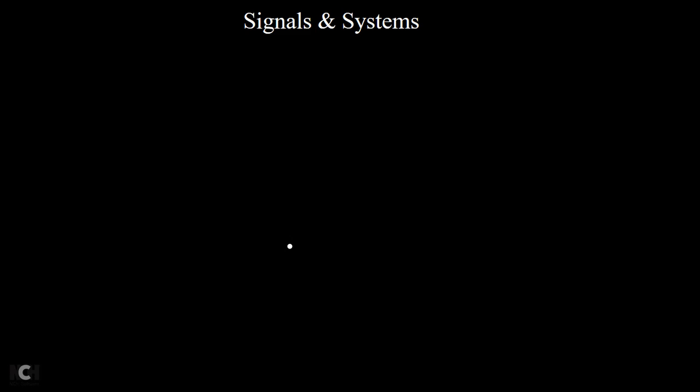Now in this first introduction lecture, let us understand the definition of a signal and the real world examples of that signal. In mathematics, we have used the notation f of x, where f of x stands for function of a variable x. F means function, x means variable. So any function which depends on a variable x is called f of x.